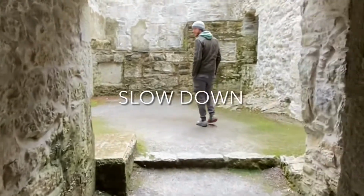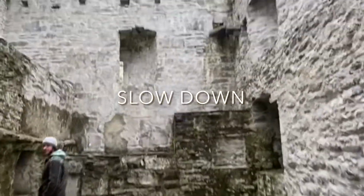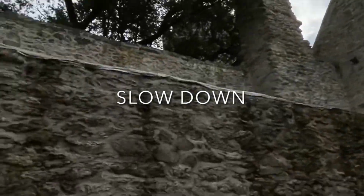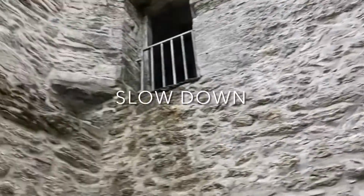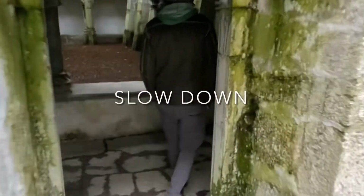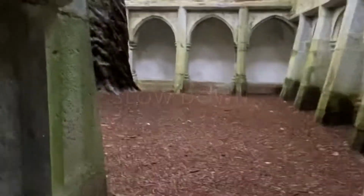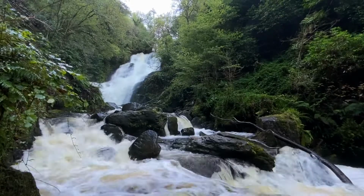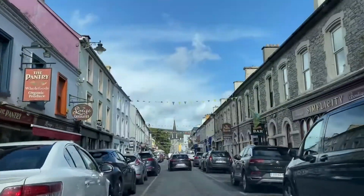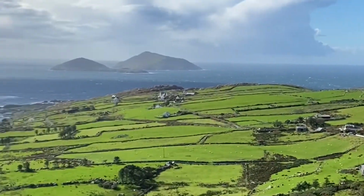Along the same lines as tip number 1, follow the road less traveled. Tip number 2 would be slow down. When you slow down on these road trips, you're able to find the hidden gems that you might find with the brown signs. You're able to see really unique natural phenomenons, such as this tree growing in the middle of a monastery, this absolutely beautiful lush waterfall, really cute towns where the locals are just so charming,